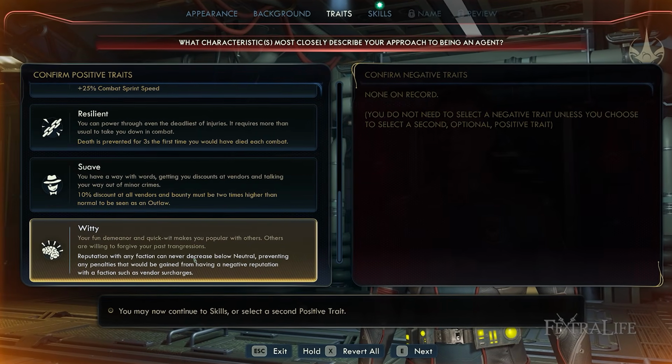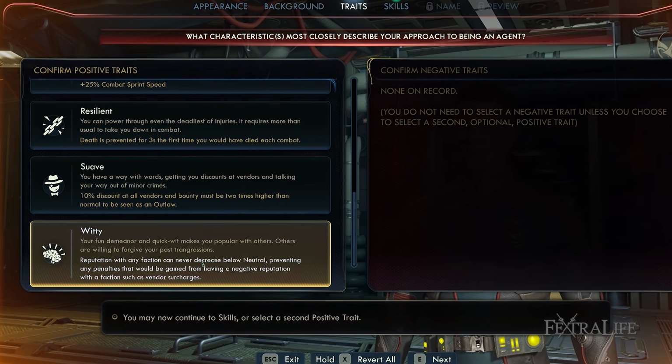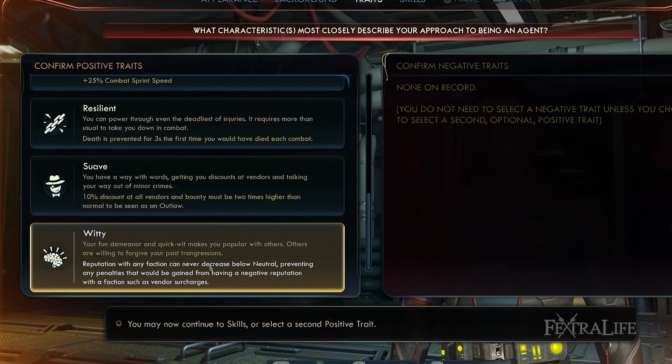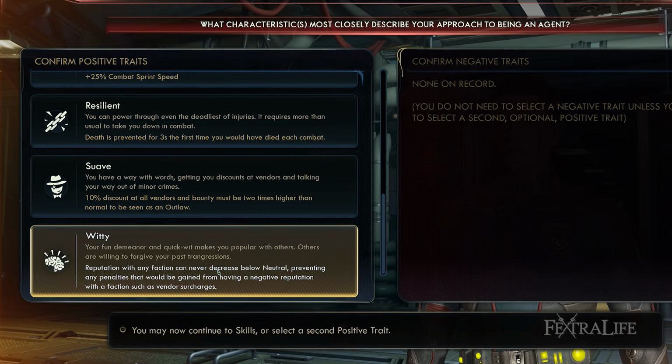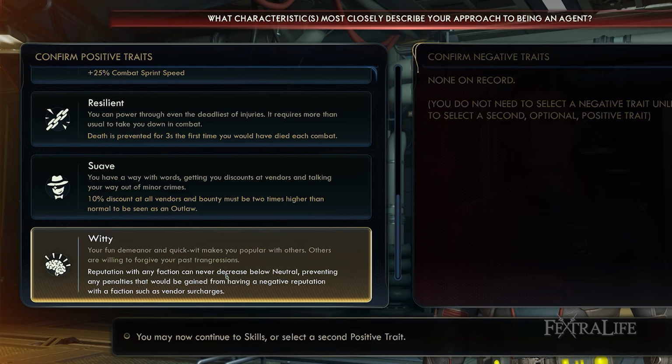Witty makes it so that the reputation with any faction can never decrease below neutral, preventing any penalties that can be gained from having negative reputation with any factions, such as vendor surcharges. I don't think this one is super necessary, in my opinion, unless you're going to play a psychotic playthrough where you're going to be killing lots of people and you don't want your reputation to go way, way down